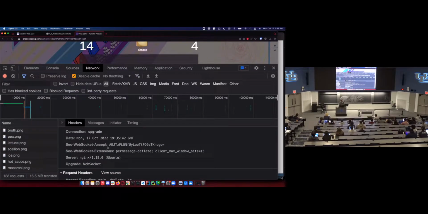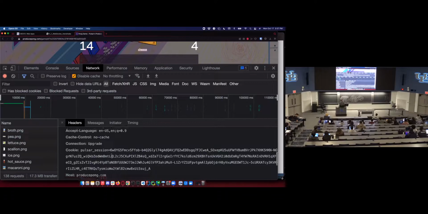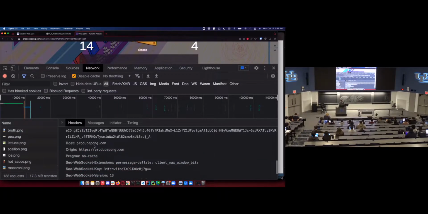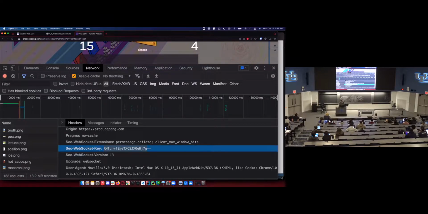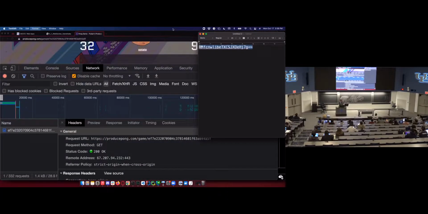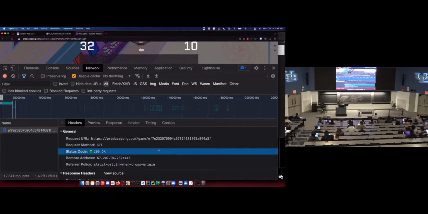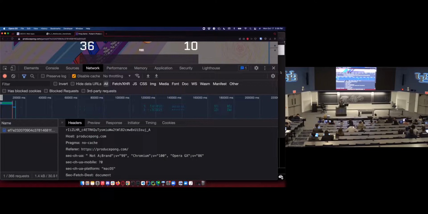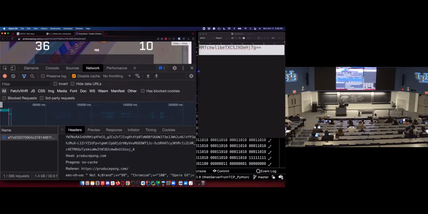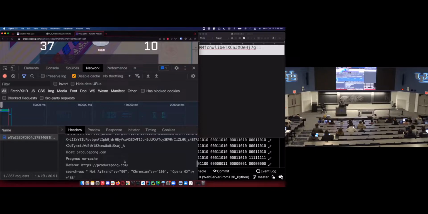And I'm going to see the request headers. I'm going to get connection upgrade, upgrade WebSocket, and Sec-WebSocket-Key. This is the important one that I need, this WebSocket key. There we go. So here's my key, and I want to generate my accept from that key. What I strongly recommend when you're coding the WebSocket handshake is to go to any site that uses WebSockets, look at the headers of the WebSocket request, and get a sample.